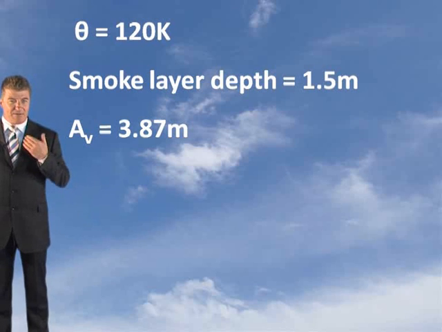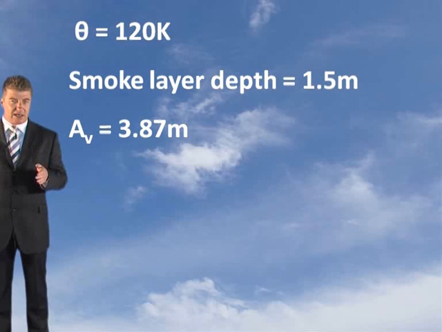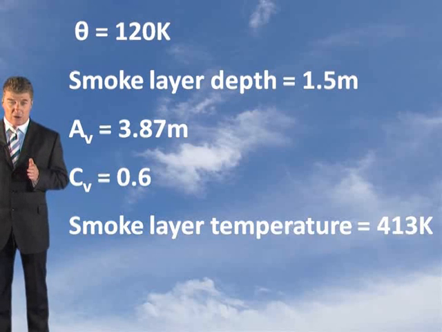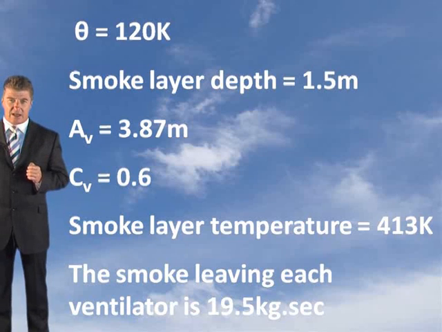The aerodynamic vent area of each vent is 3.87 metres squared and the ventilator has a coefficient of 0.6. The temperature of the smoke layer is 413 degrees Kelvin and the smoke leaving each ventilator is 19.5 kilograms a second. Now, as the ventilator is located more than 2 metres away from the edge of the reservoir, this is